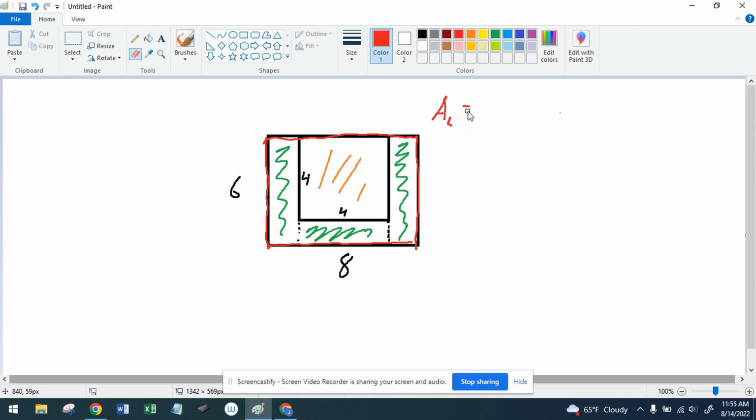Let's fix that to a subtraction sign and subtract the area of the square. So in our case, the area of the large rectangle would be 6 by 8. And the area of the square is a 4 by 4, which is going to give us 48 minus 16, which equals 32 square units of whatever type they were. Now, the